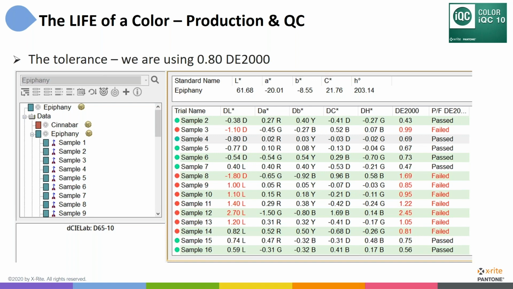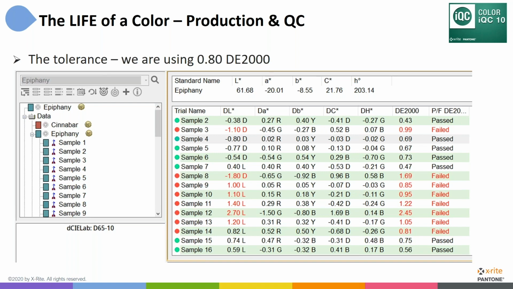On the left side of the trial name there, you'll see a green or a red circle. Obviously the green one's passed and the red one's failed. The numbers are there, so I can be doing production and assess it and say, hey, I've got some pass and some fail. But I've got to be a little bit careful, because some of these samples that say pass, for example, the